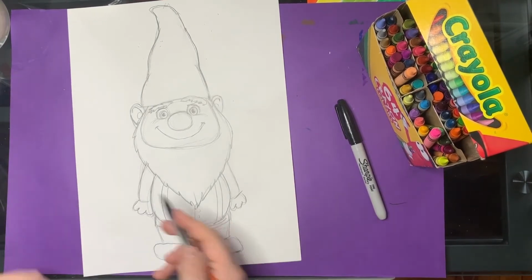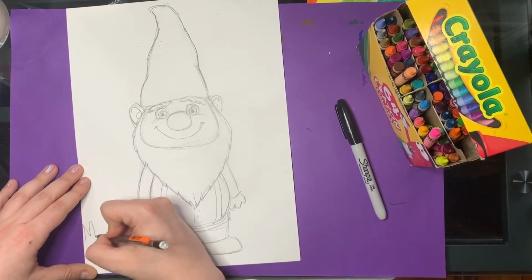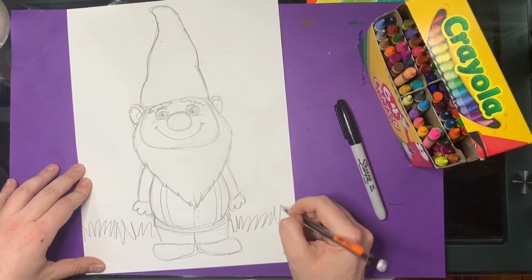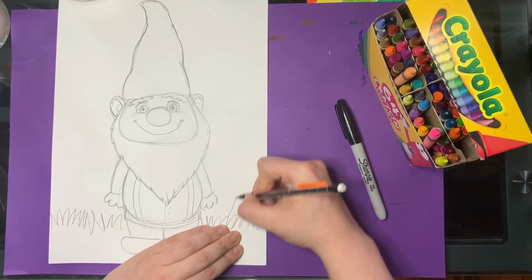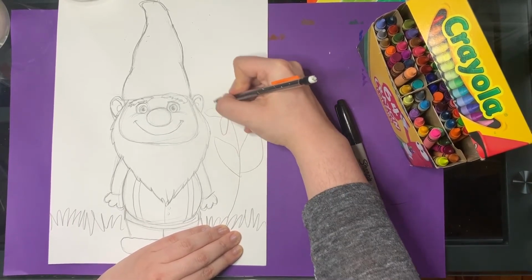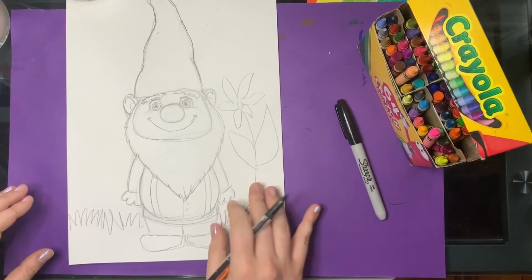Now, what I'm gonna do is I'm gonna make him in a garden. So I'm gonna make the grass. Remember, that's our horizon line. Then, if you want, you can make flowers. You can make